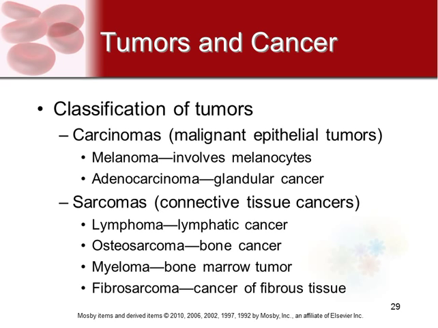And then you can have carcinomas, which are malignant epithelial tissues, or sarcomas, and those are the malignant connective tissue ones. And then those are some examples, like lymphoma. Your lymph tissue is a connective tissue, so lymphoma is actually a sarcoma. Whereas skin is a type of epithelial tissue, so melanoma is a carcinoma.